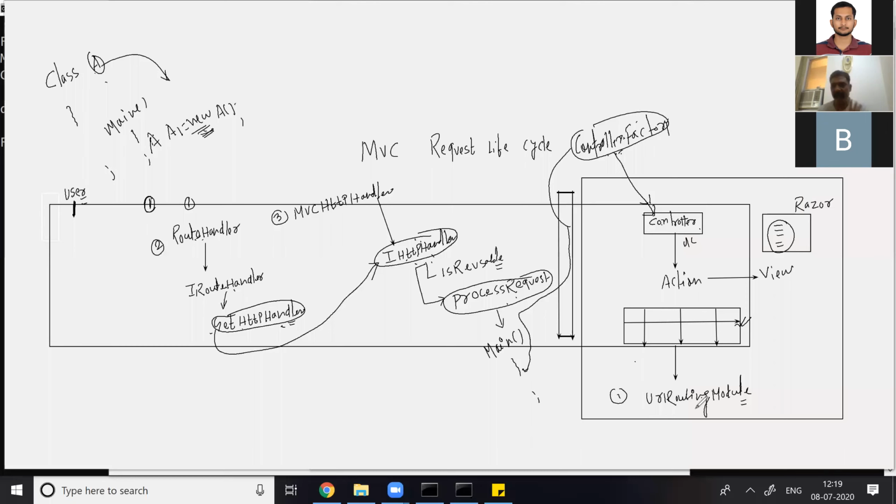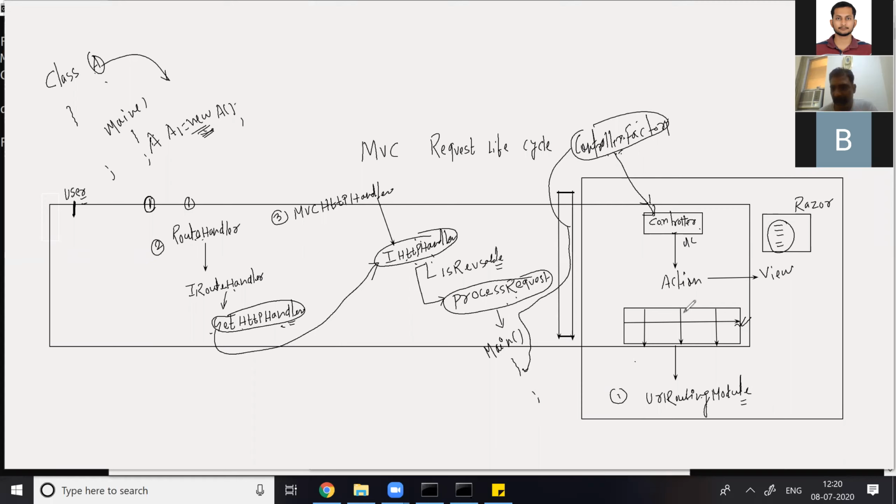If I say I'm having the URL in MVC, the URL moves through the entire steps, loads the view, renders the view and gives output to the browser.